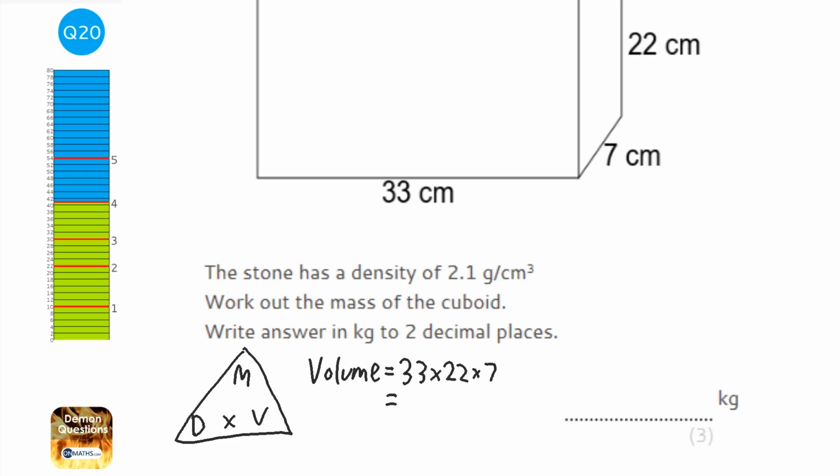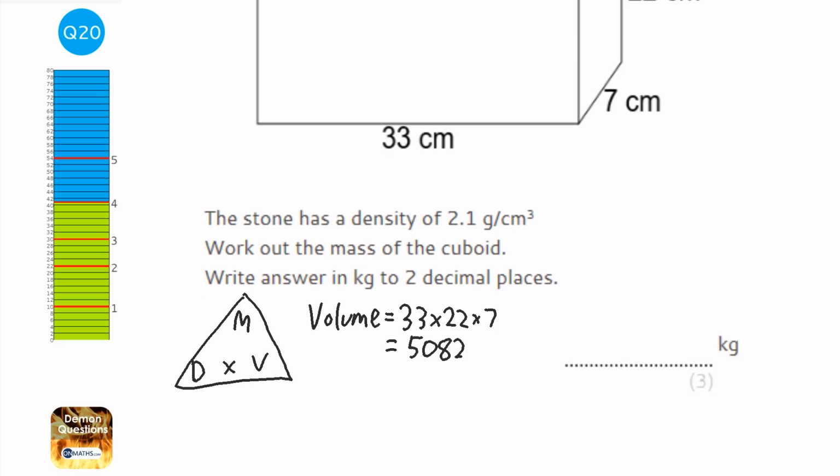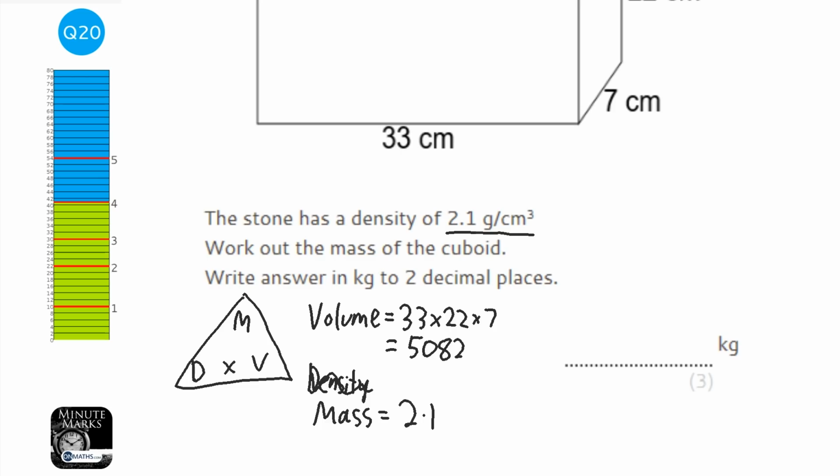So 33 times 22 times 7 on the calculator, and I get 5,082. And so to work out mass, we're going to do density times volume. So density is 2.1. Let's just check the units, grams per centimeters cubed, so that works. 2.1 times 5,082, and I get